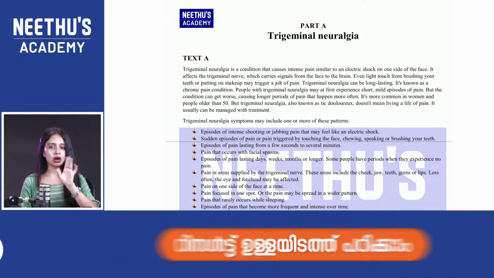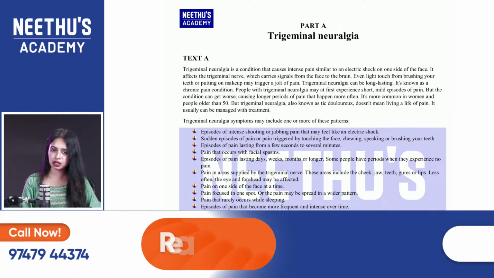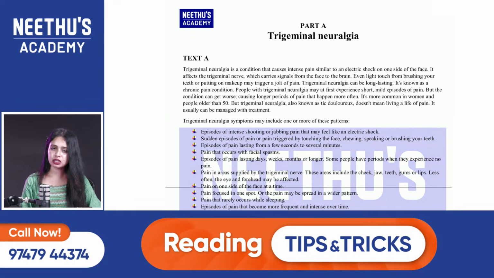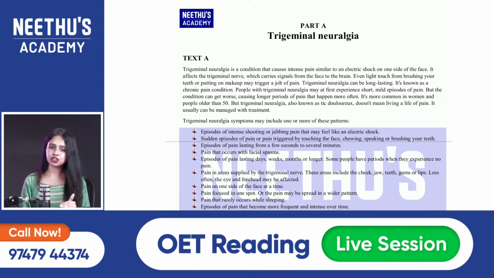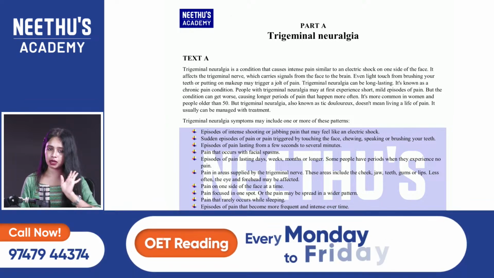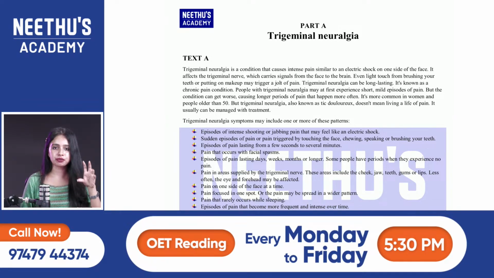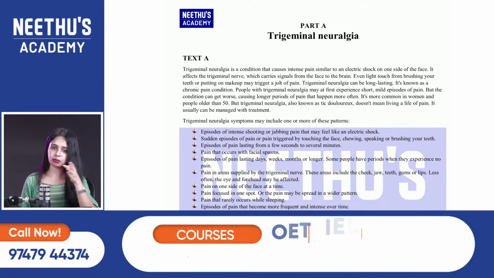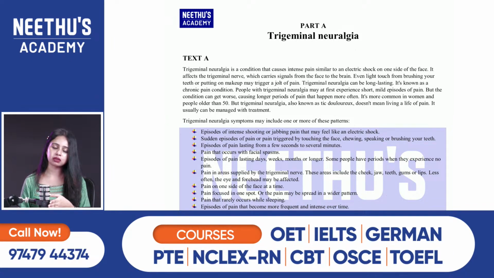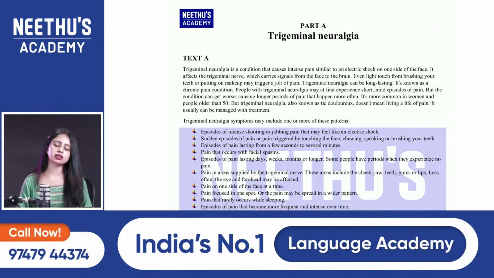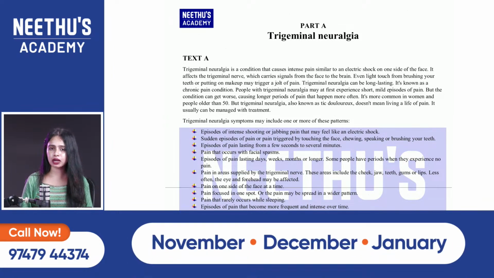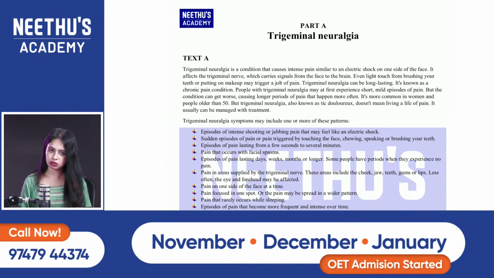Now, with this technique we have to complete 20 questions within 15 minutes. The reading test is exactly a 1 hour exam, and this 1 hour can be divided into 3 different parts: part A, part B and part C. Part A is for 15 minutes, and the remaining 45 minutes you will get for the completion of parts B and C. There is no separate time for B and C; together you will get 45 minutes.